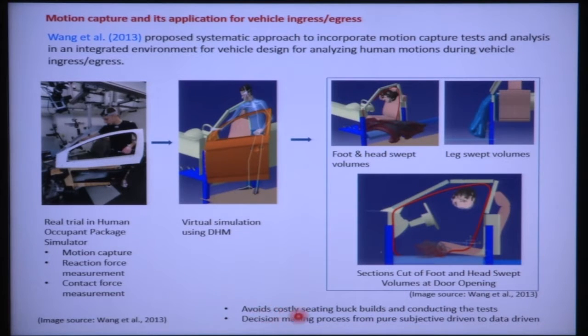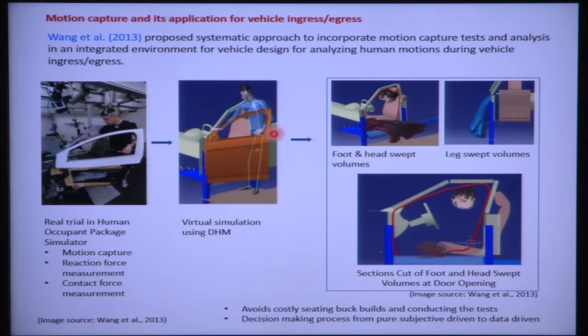So, they concluded this evaluation technique actually avoids costly steering buck builds and the construction and conducting of real human trials. It also helps move the decision-making process from purely subjective to data driven. Otherwise, what is required? We have to go for real human trials, and ask about their comfort and discomfort during entry and exit, but in this case, with this type of software, digital human modeling